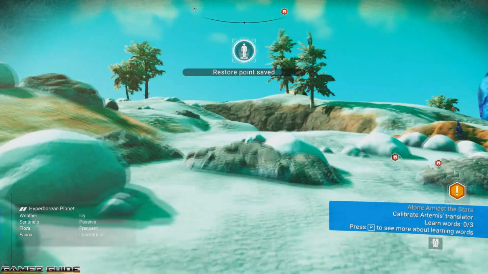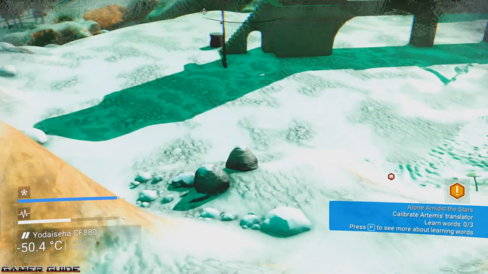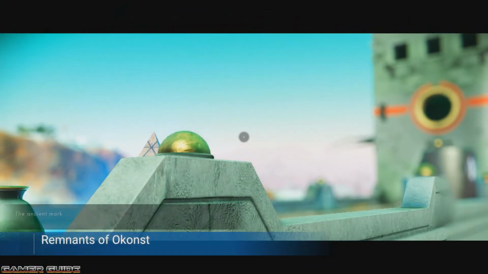Alright, where is this thing? There it is. That's kind of a neat looking building. Alright, let's go learn some words real quick. Alright, in the interest of time, I skipped ahead, but I did learn 2 other words, and this is the 3rd, and hopefully final,